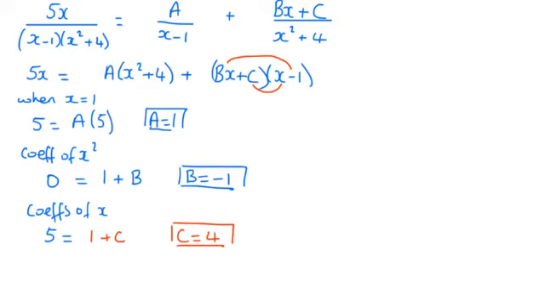So in order to answer the question, don't forget to actually answer the question. We've worked out a, b and c, but we've not expressed it in partial fraction form. So we've got to say then that final answer 5x over x take 1 times x squared plus 4 is equal to 1 over x take 1